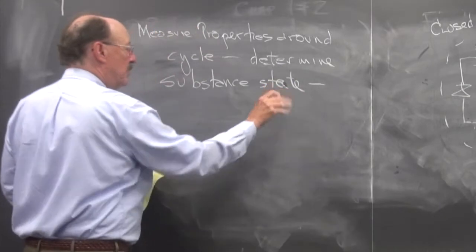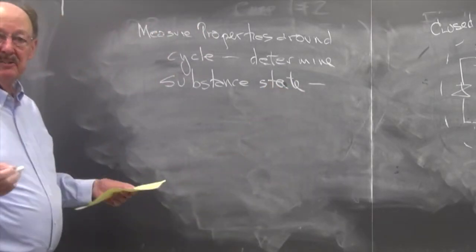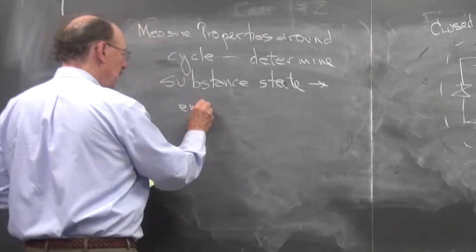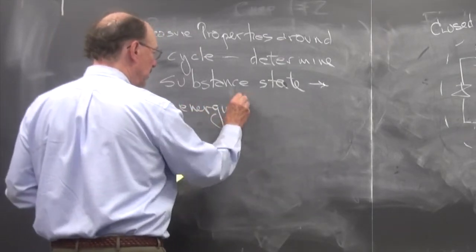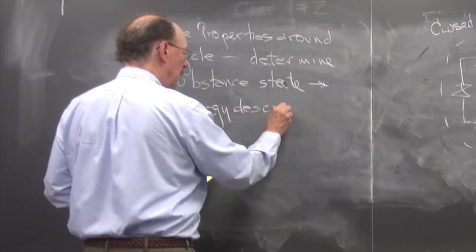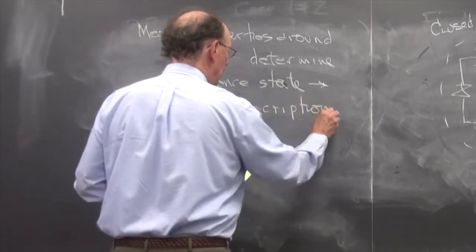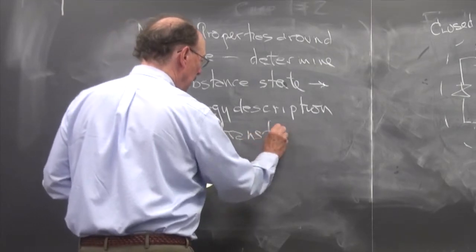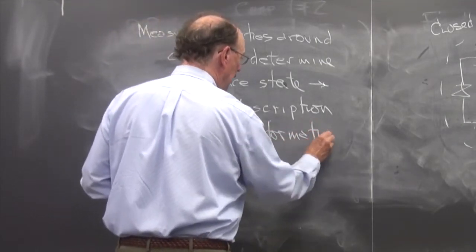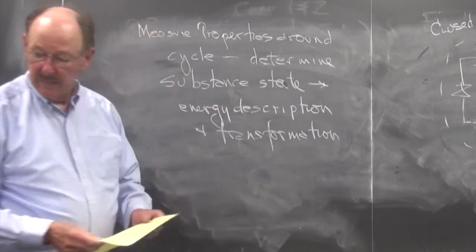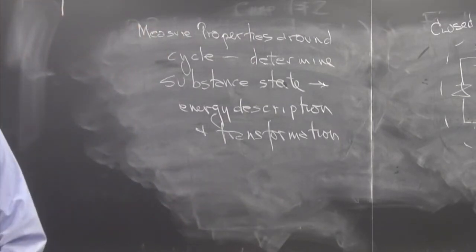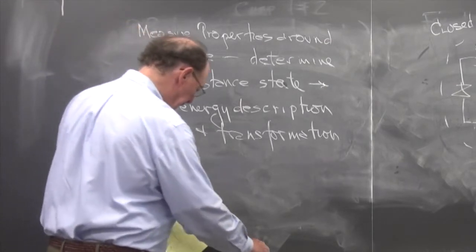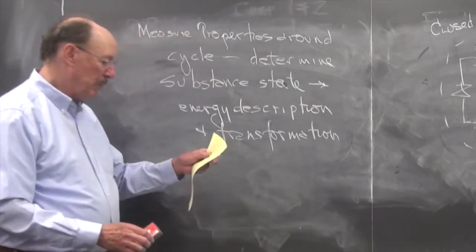And from this, once we know the state, we can determine the energy transformations. And then from this, we get the energy description and transformation. So what we want to look at